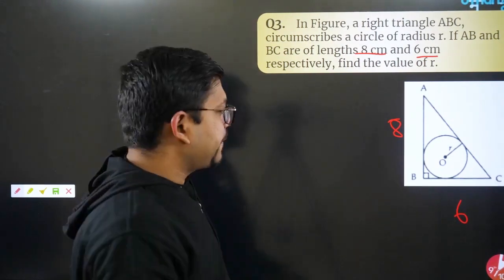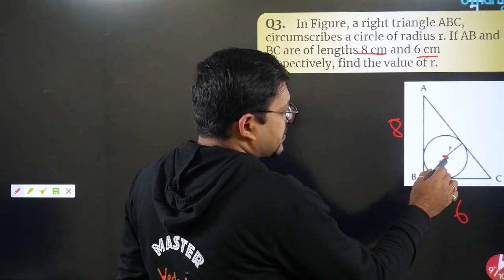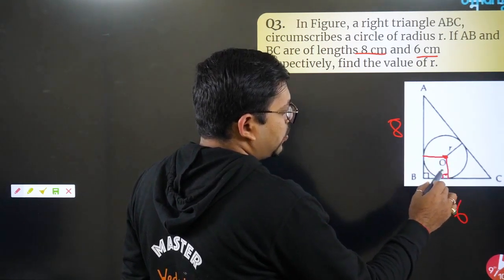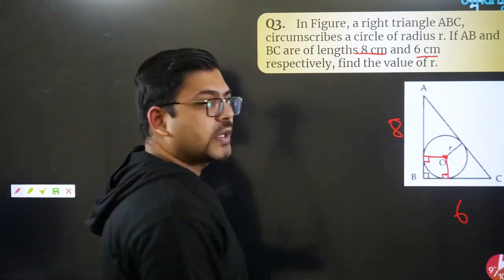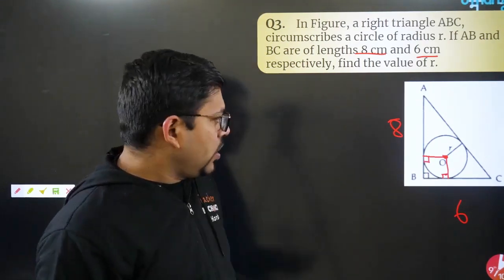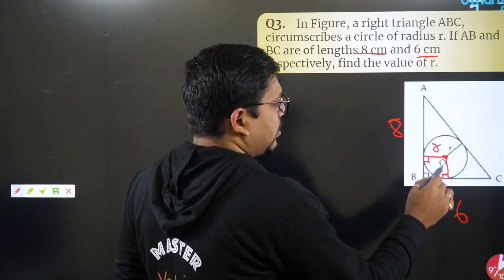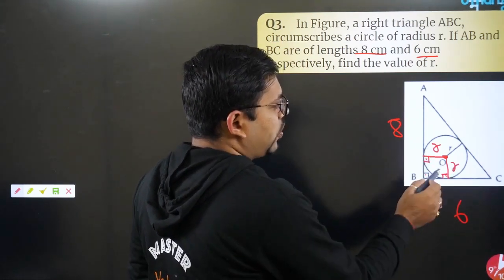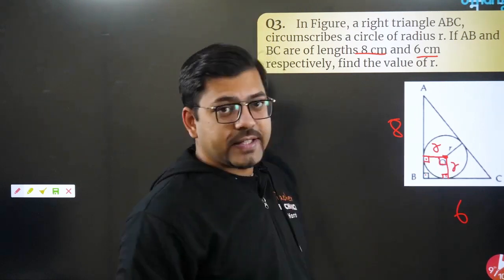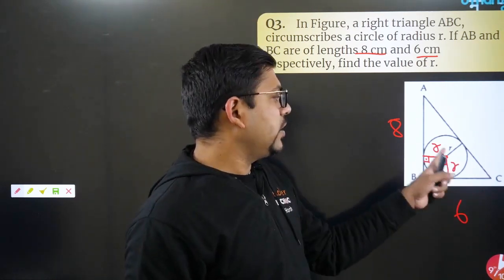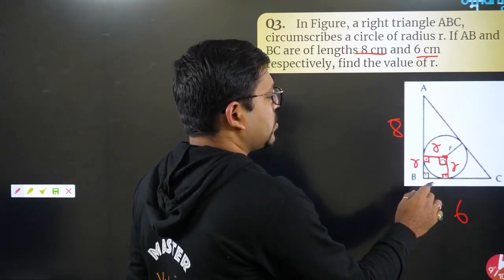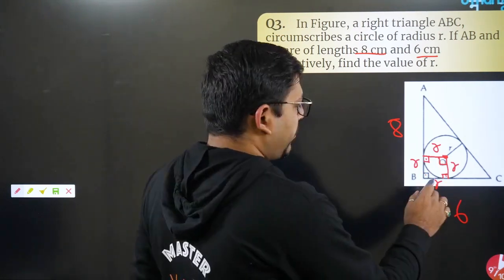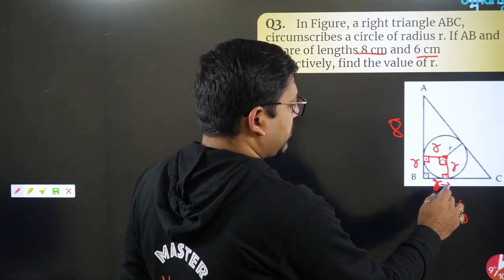Super easy. Let's see. If you have a radius here, center here, so from center if you drop 2 radius, I hope you all know that radius is perpendicular to the tangent, correct? So if this is R, and this is 90, 90, 90, so obviously it's a square because all the angles will be 90. This is R, this is R. This means this is also R and this is also R. Correct? So we have got all the values here in terms of R.